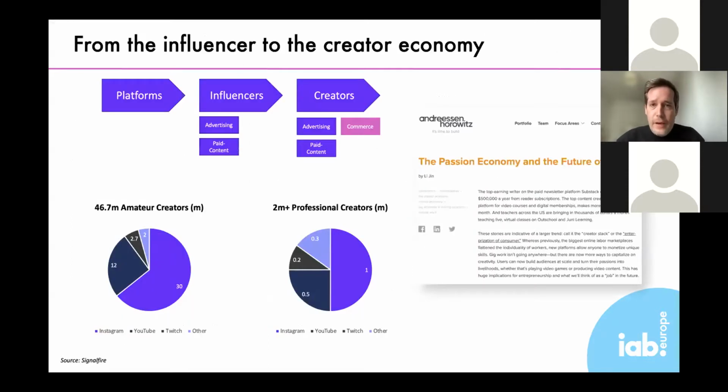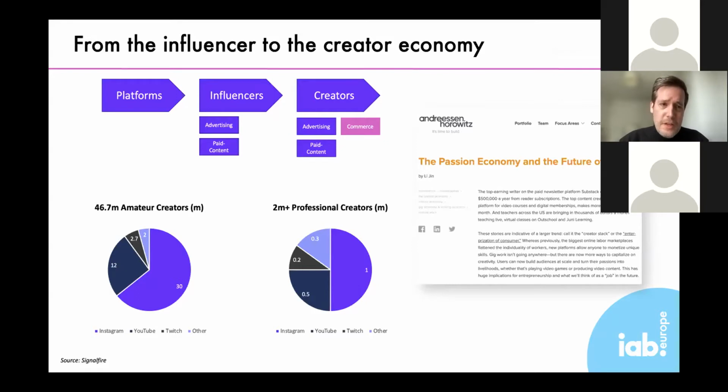And I already mentioned influencers and creators. What is also happening within the e-commerce space is what you could broadly call the shift from the influencer to the creator economy, which was first coined by a blog post by a then employee, Li Jin, of Andreessen Horowitz. She's since left, but she coined the term of the passion economy, saying that with new tools, it could be from Instagram, TikTok, but also newsletter platforms like Substack, for instance, individuals can create major